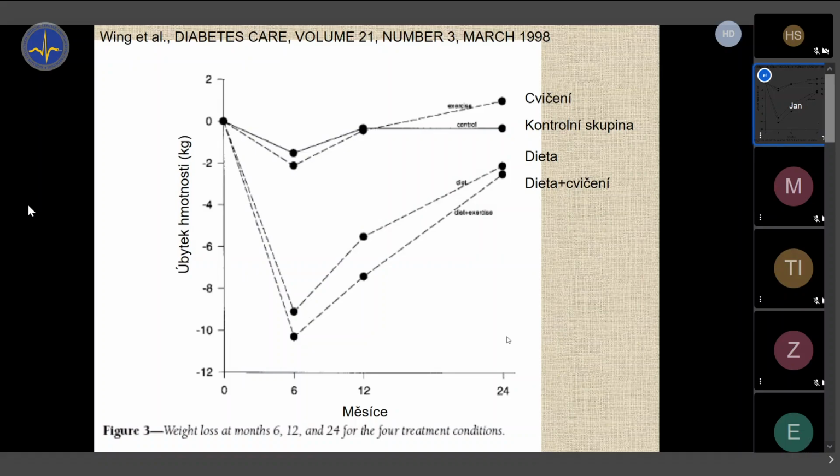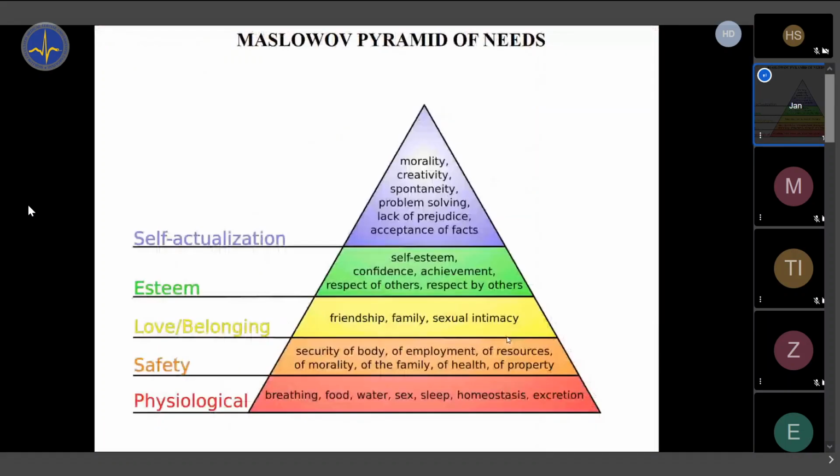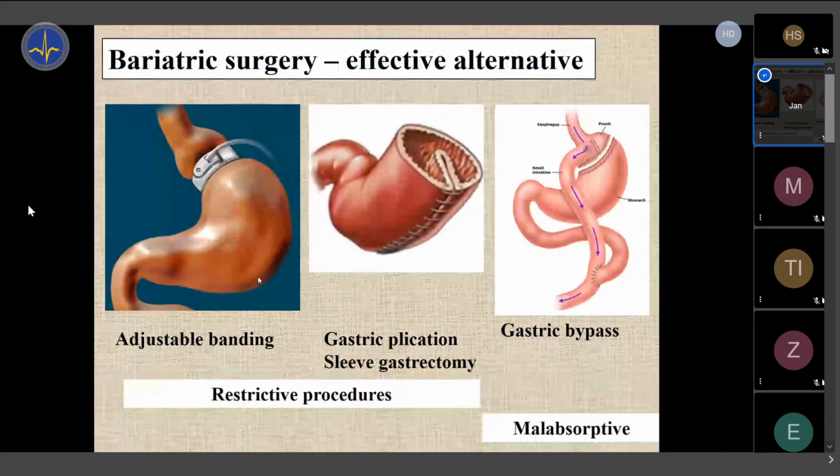We want a life-lasting intervention, and the life-lasting intervention, and this is my last topic to cover, is bariatric surgery or metabolic surgery. It's maybe a more aggressive approach, but it's a standard of treatment. It's not some extravagant idea. These are covered by insurance companies in the Czech Republic. It differs in different countries, of course, but these are standards of care. The take-home message is that bariatric surgery, metabolic surgery, is a standard of care, available to any patient who is indicated and eligible.